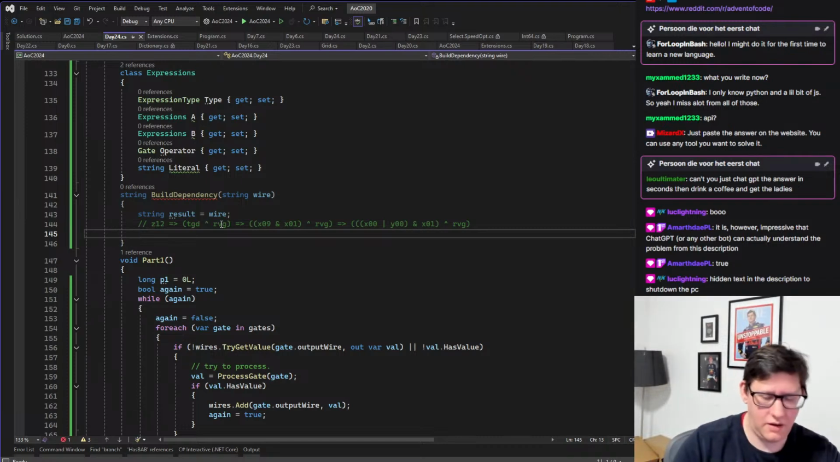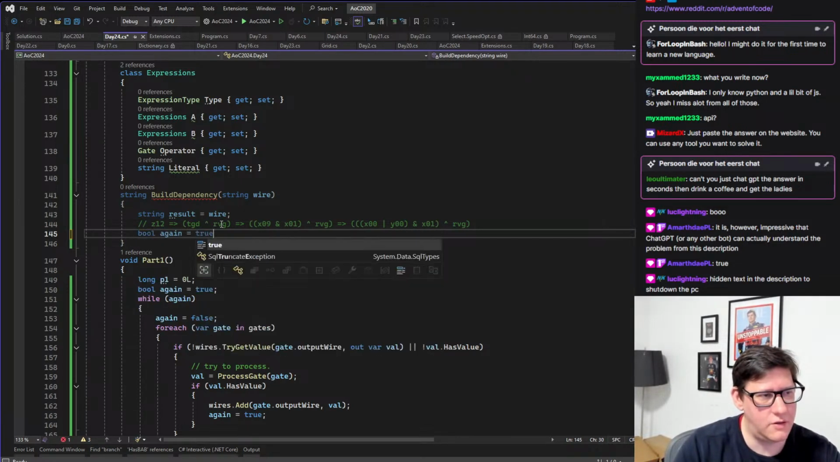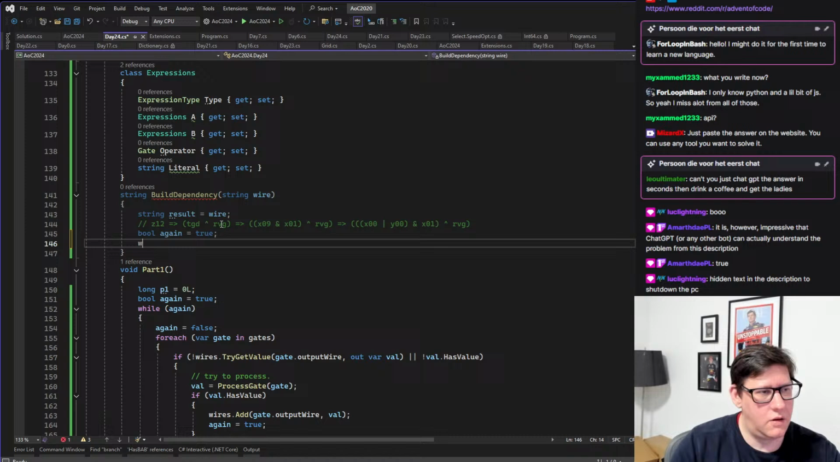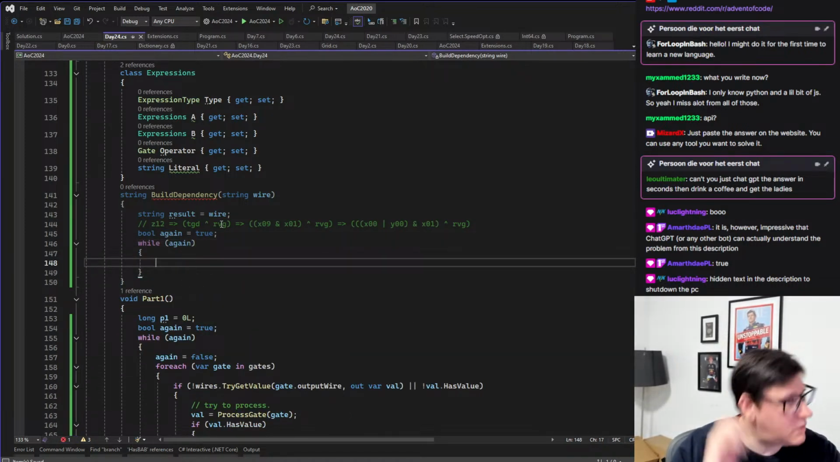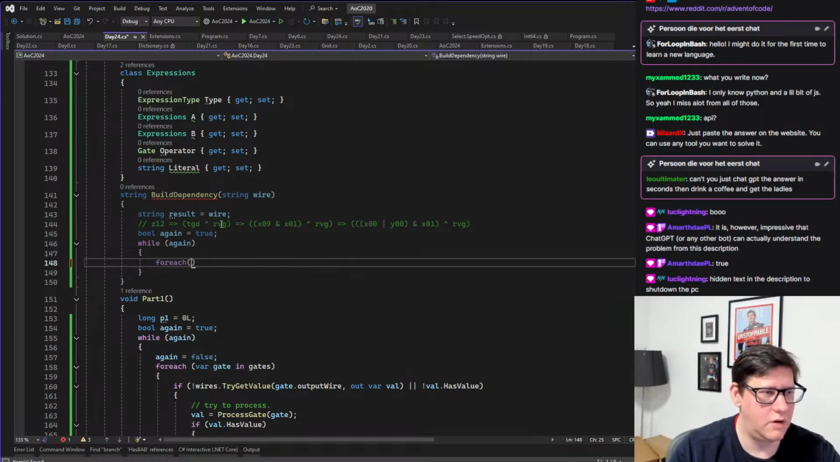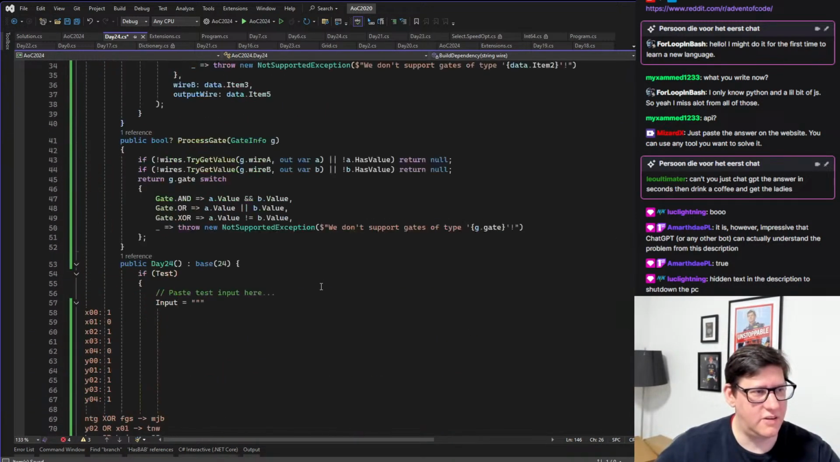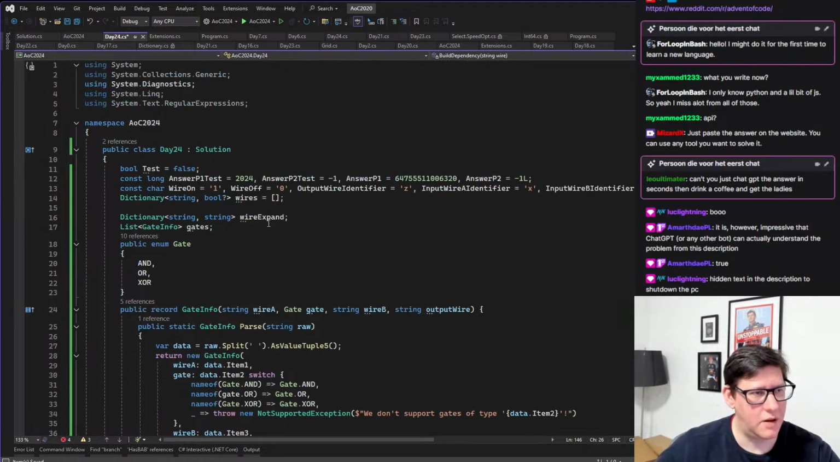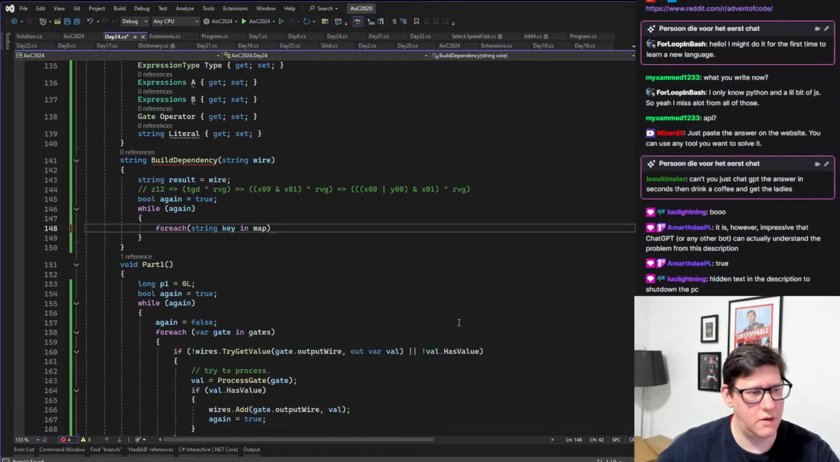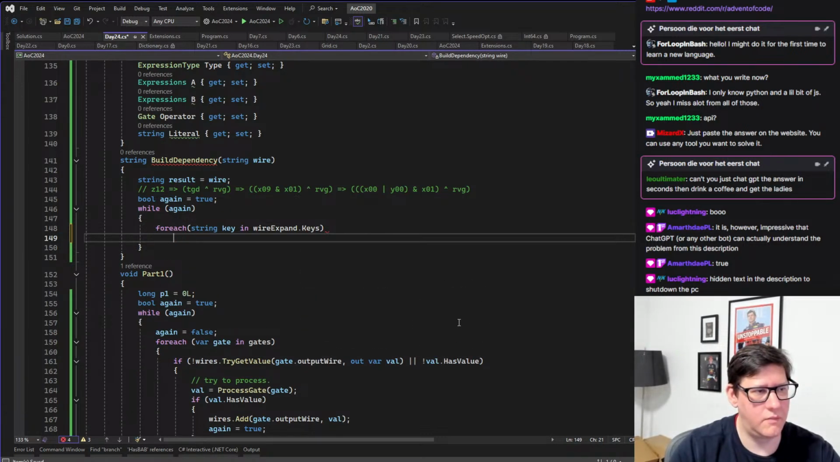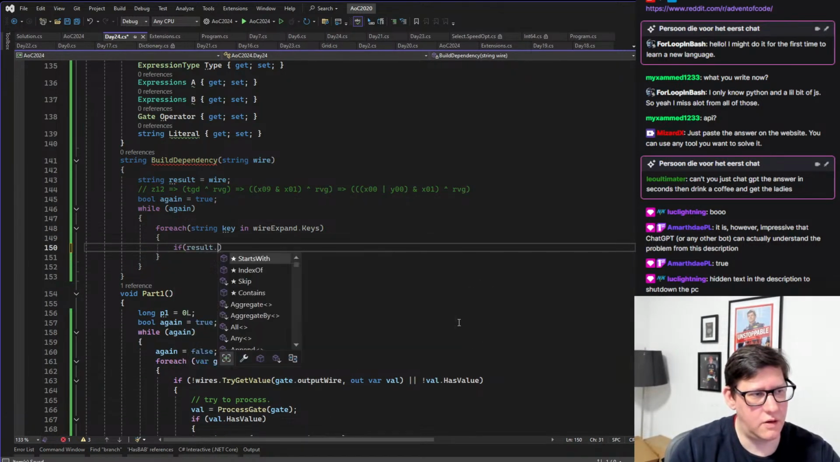I was trying to do this. So my let's do bool again is true. While, and this will be highly inefficient, but it doesn't really matter there. For each string key in, how did I call it? I've talked so much that I even forgot how I named my wire expand. Wire expand keys. If result at index of